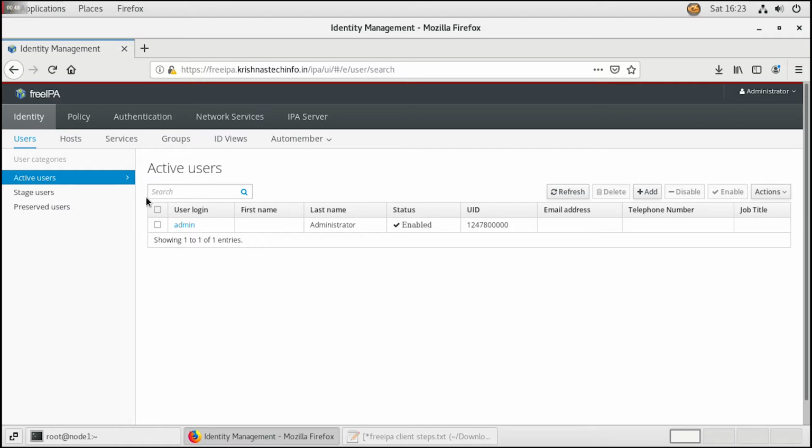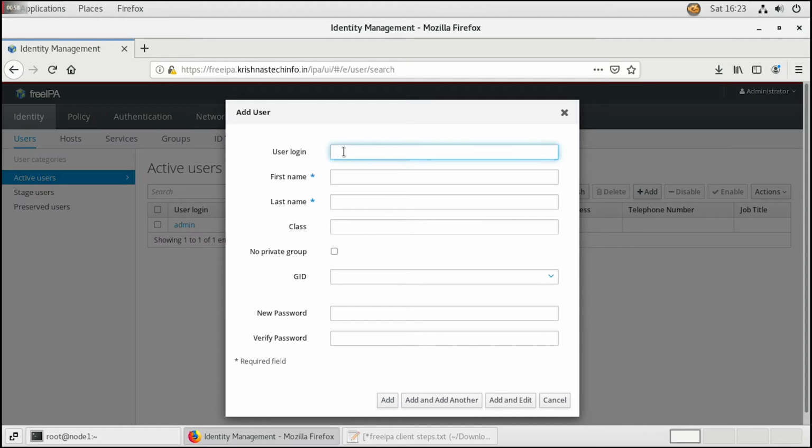So now we are in this console page. So we can see the active users here. So you can just click add in this and give your user login name. So this is the username which you will be using to log into your server. So I'm going to give the test user login